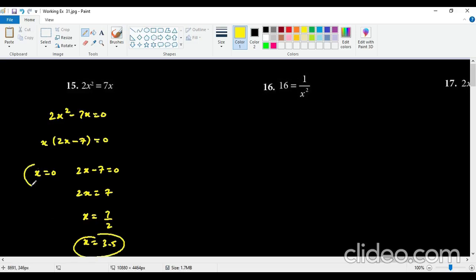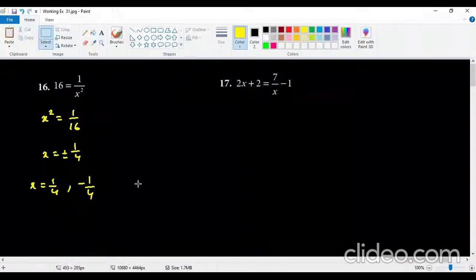When it comes to question number 16, what we can see is we can swap x squared with 1 over 16, and the value of x is going to be 1 over 4, plus and minus both. That means the first value of x is going to be 1 over 4, and the second value is negative 1 over 4. These are the two values. Since both values of x are found, 1 over 4 and negative 1 over 4, we are moving on